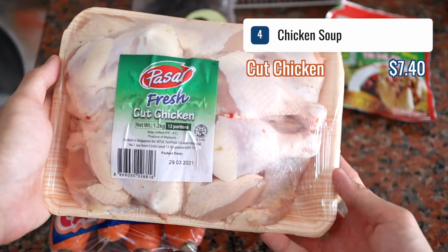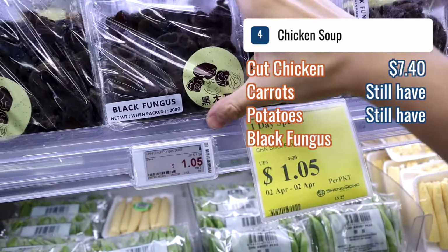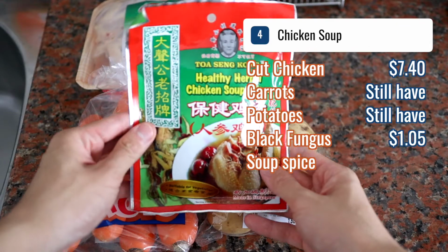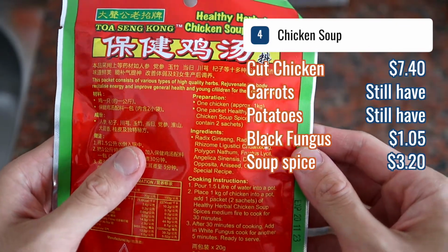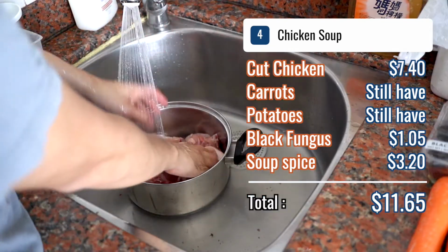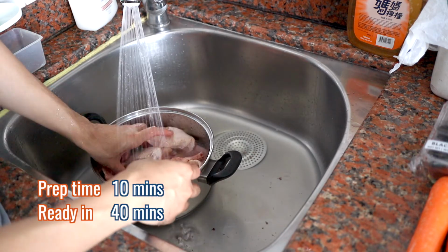I'll be making the classic ABC soup with carrots, potatoes and black fungus from Sheng Siong, which I got for $1.05. To season the soup, I grabbed this packet of instant chicken soup seasoning that cost $3.20, and in total I spent $11.65. I take about 10 minutes to prepare the ingredients, and the soup also cooks on its own